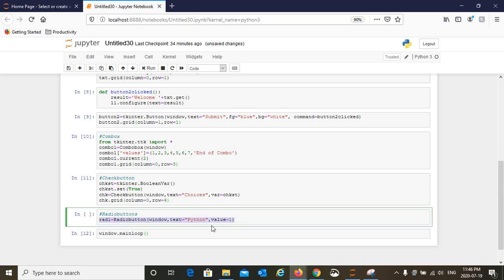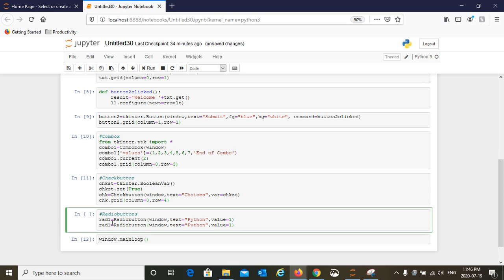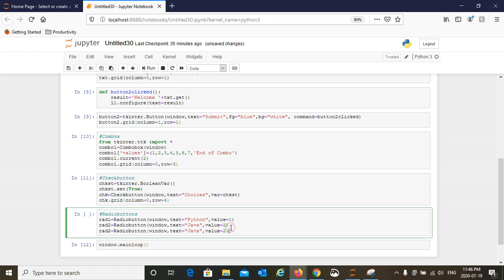Likewise, the second radio button, we will say Java, value 2. Let's create a third radio button, and this time we're going to say C++, value 3.